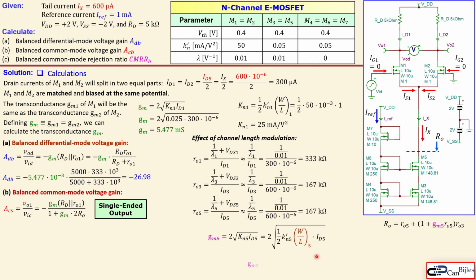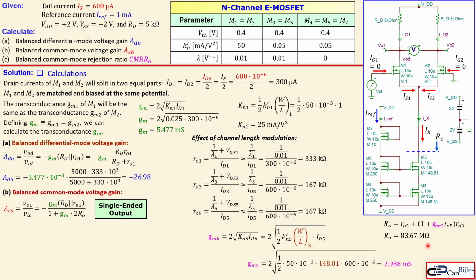So you just substitute here the values we have, so then you get here 50 micro because this is 0.05 milliamps per square volt, and you have your W over L ratio and also this 600 microamps for our tail current, which is IX. This will give you 2.988 millisiemens, almost 3 millisiemens. Okay, now we have our necessary information to calculate this RO, because we know our RO5, we know the GM5, we know the RO3, and that will give us a pretty large value for our RO, which is then here